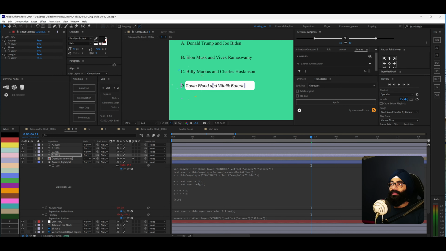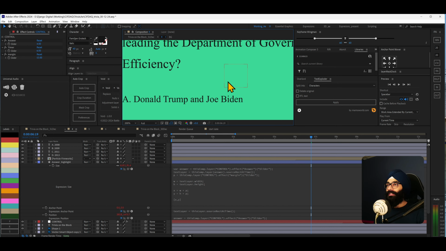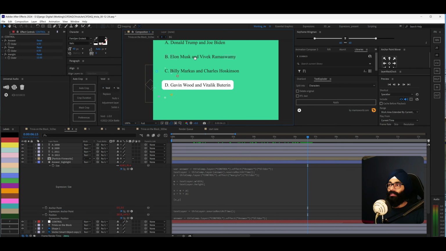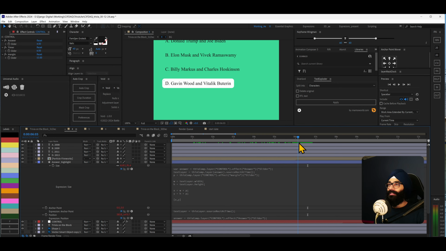If the font was good, oh no, okay, wait, I know why it looks ugly. Let me undo. Poppins is fine, but even then it looks ugly because this anchor point is not centered. Yes, the font is ugly too. The anchor point has to be centered on the layers, because then everything depends on that. Okay, yeah, sorry, I had to show that ugly part.